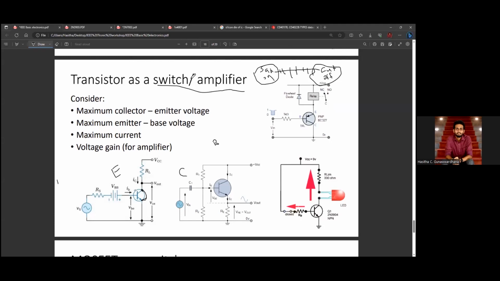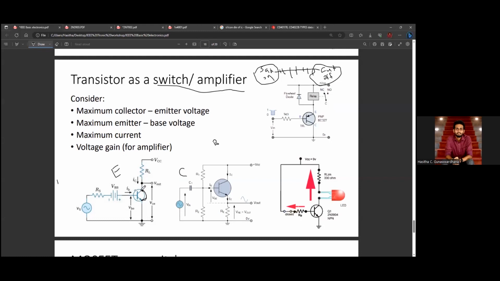If we use this as an amplifier or as a switch, there are only two possible options: either turn on or turn off. So if we have to choose a transistor for an amplifier, we have to think about the safe margin. Assume this amplifier handles 1 or 2 amperes, and we put in a very small transistor, the result will be a disaster.